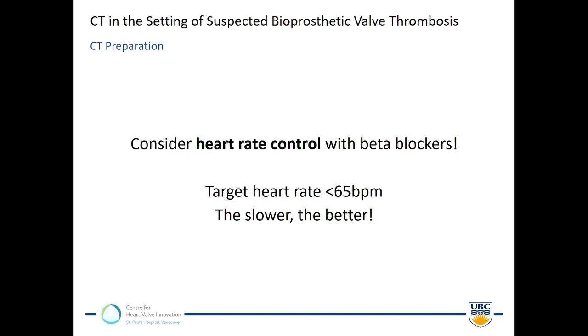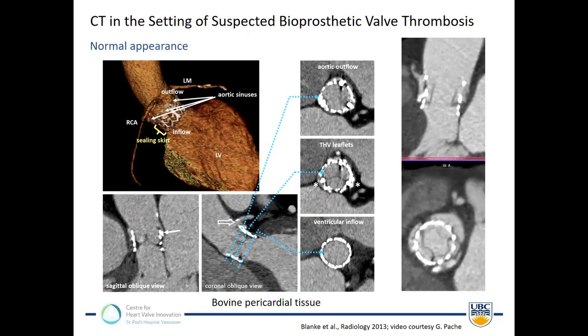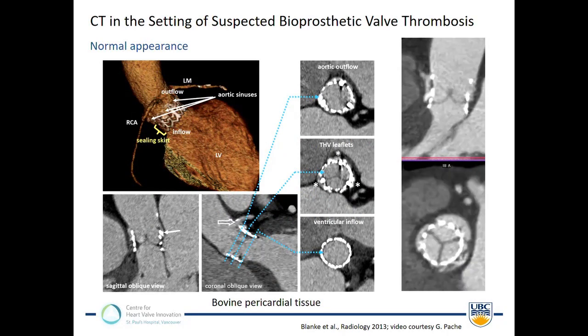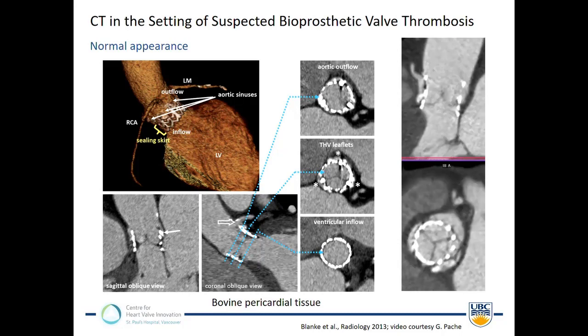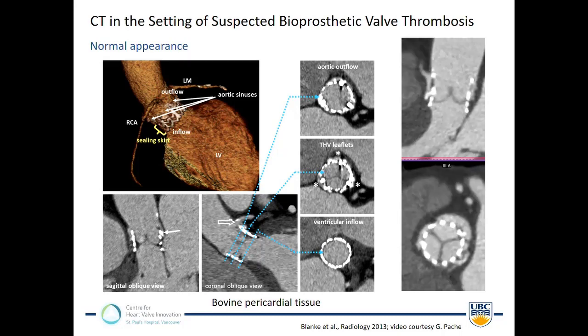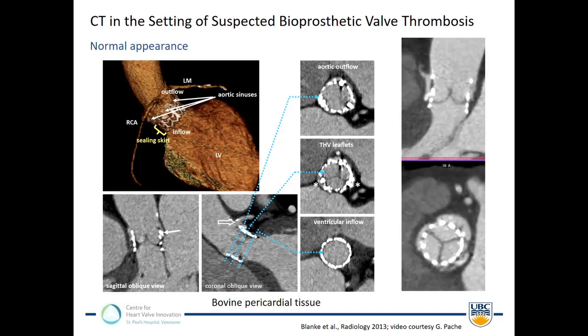However, those patients that have been treated, they don't have aortic stenosis anymore, and for that reason, you should really think about lowering the heart rate prior to performing a post-TAVR CT. And I think the slower, the better, and that's really important for image quality. You should be familiar with the typical appearance. This here is an image which we actually created in 2011 and shows a first-generation Sapien valve, which at that time typically had those very pronounced posts where the leaflets were actually attached to, which then, of course, obviously cast artifacts.